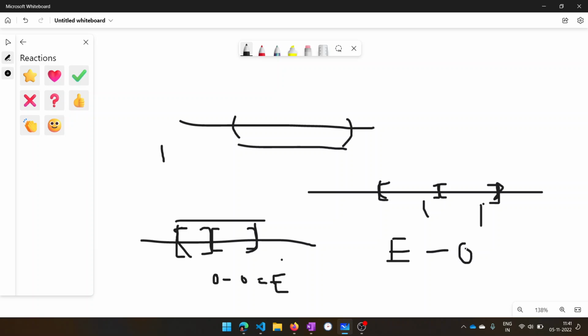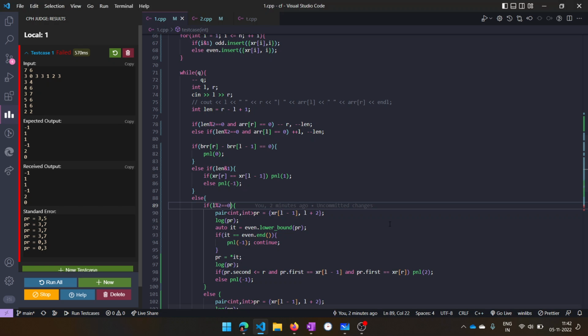after getting that odd interval, if you remove the odd length from even, you are left with odd. So this length is also odd, whatever it may be. Because the complete XOR is 0 and this XOR is 0, this XOR also should be 0. Understood? So XOR 0 plus XOR 0 is 0. So what I did is here